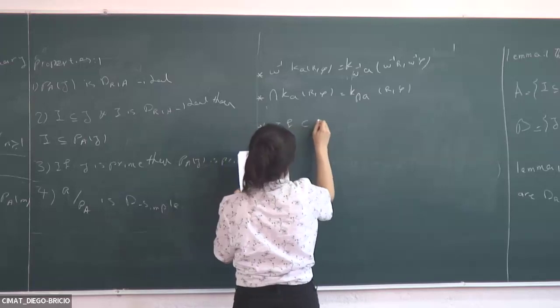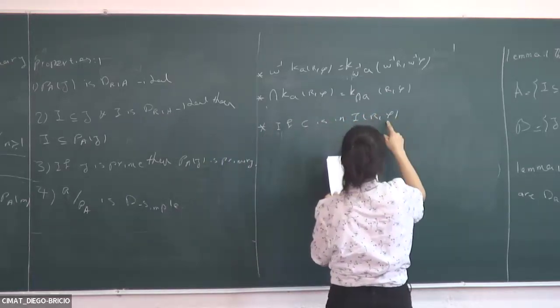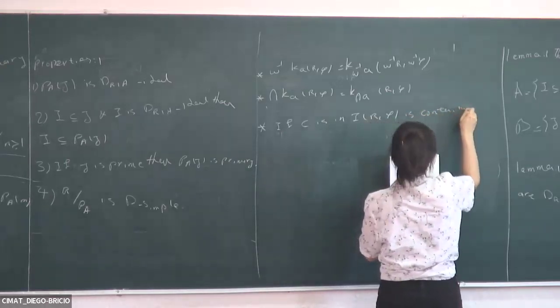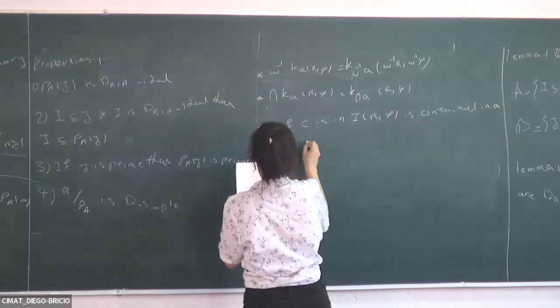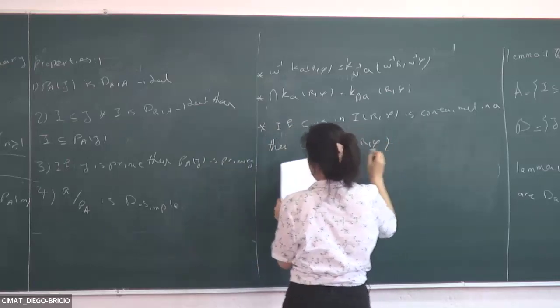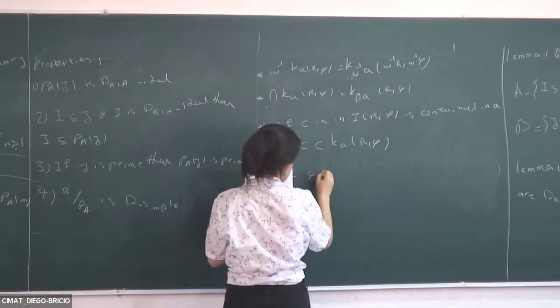If C is in IRF, RFP is contained in A, then C is contained in P of RFP. And the last one is that if P is